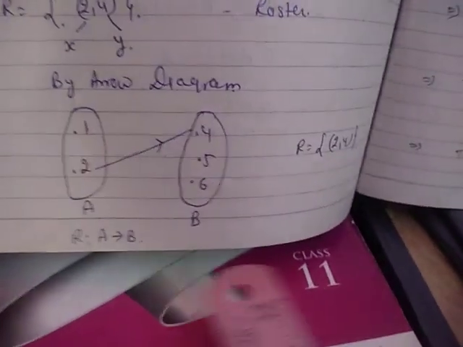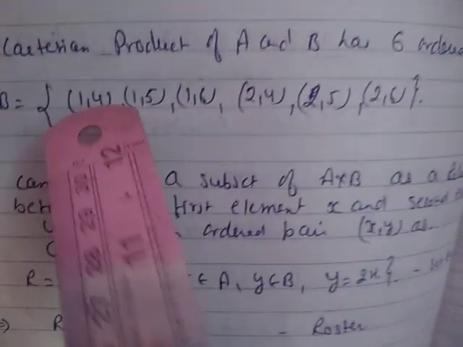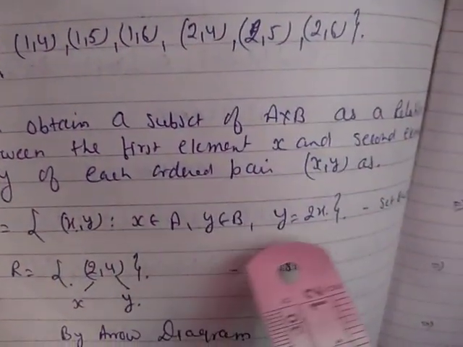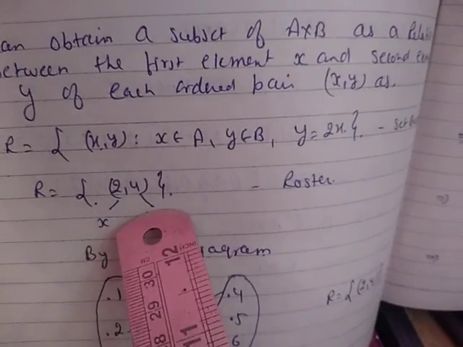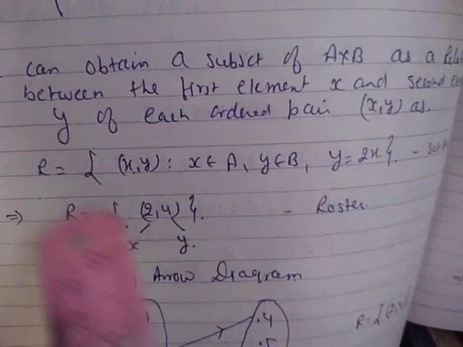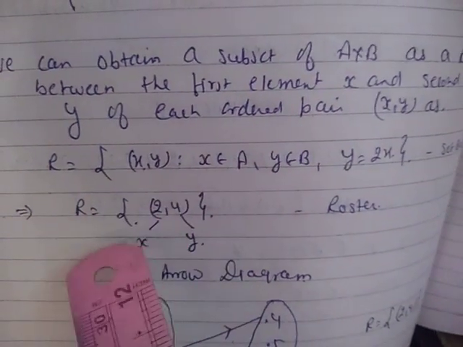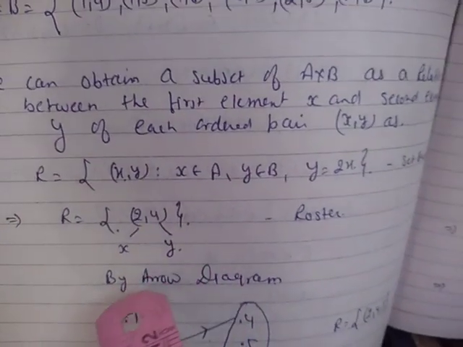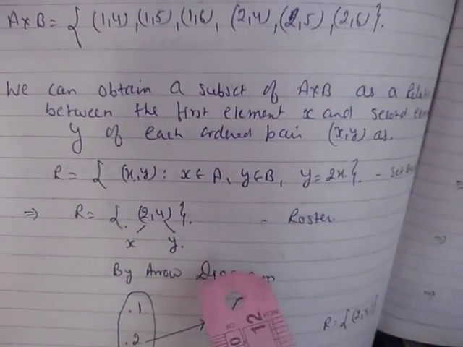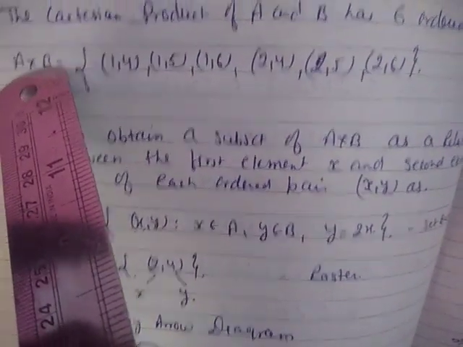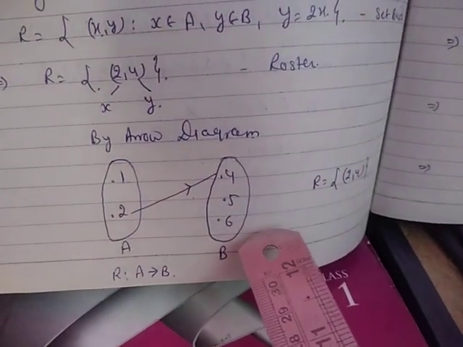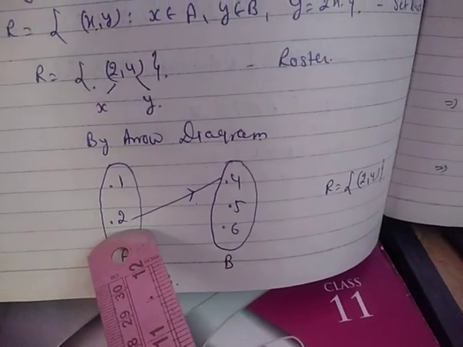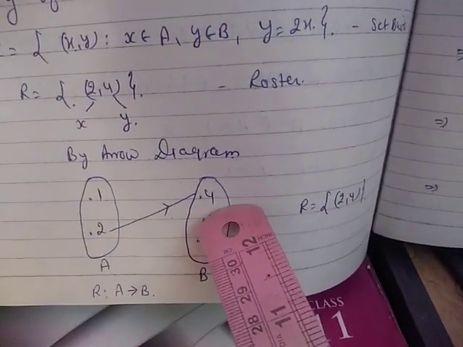Now I am just explaining it by the arrow diagram that I explained earlier. Here the Cartesian product is this one, and as per this rule the relation is this one. Then in set R, the ordered pair (2, 4) is valid here, therefore 2 is the domain and 4 is the range. And what is the codomain? The set of the elements of the second set. The second set is B, and the elements of B are 4, 5, 6. Just see here, 4, 5, 6 is the codomain. The domain of the relation is 2 and the range of the relation is 4.